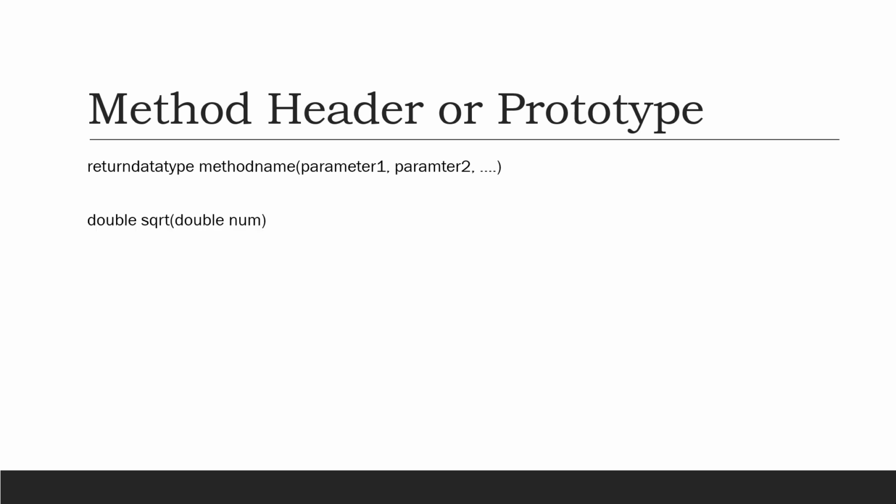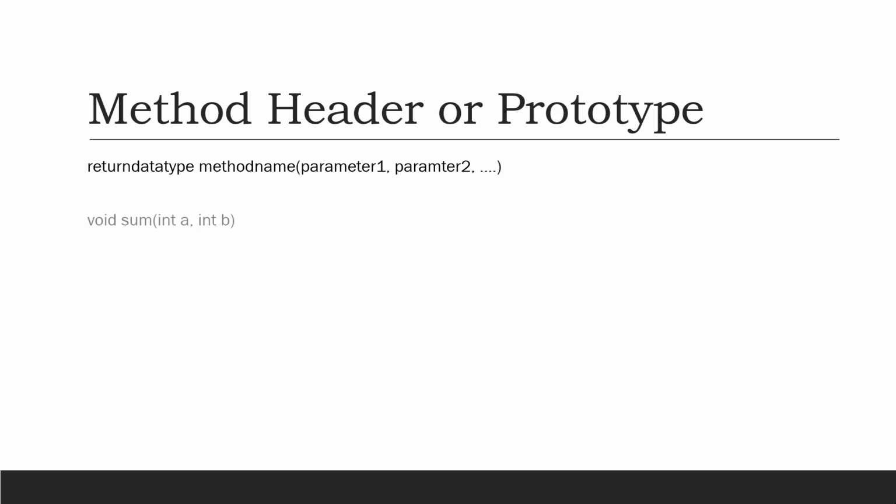So let us understand with the help of an example. Let's take the square root. Here, square root is the method name, and number is the parameter, which represents that this method accepts a double type value. This method calculates the square root value of the number and returns that result, which is again double type. We can call this method something like this: we create an object of the class and then call this method by passing a double type value. It calculates and returns the result as double type as per the method prototype.